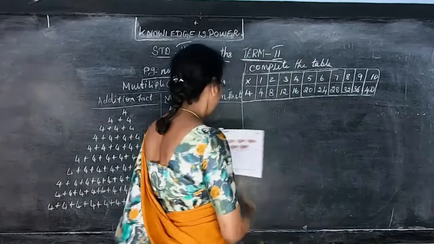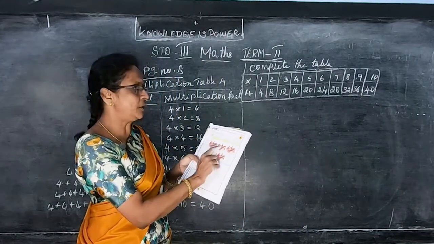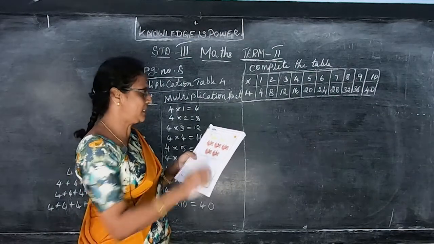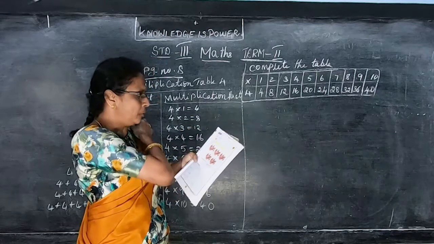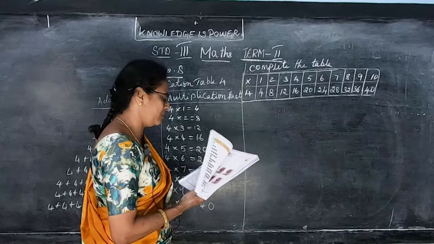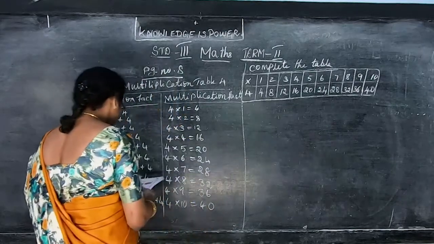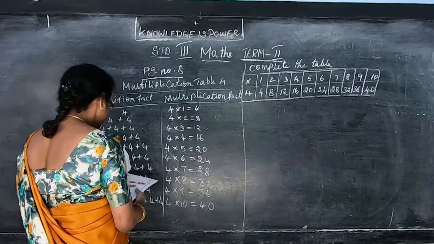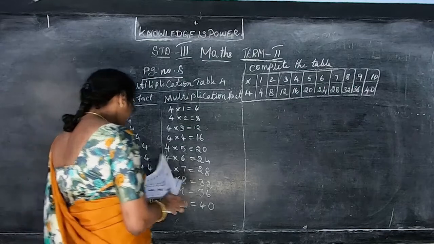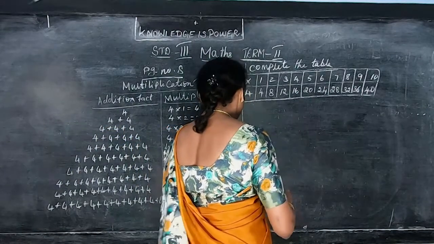And then they have given the toys here. You see, in each box they have given toys, 1 2 3 4 5 boxes are there. How many toys are there? If there are 4 toys in a box, how many toys will be there in 5 boxes? How many toys in each box? 4 toys in a box. So you have to write how many plates are there in this?